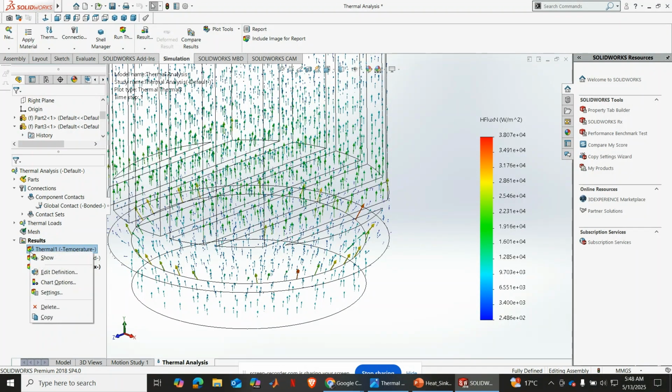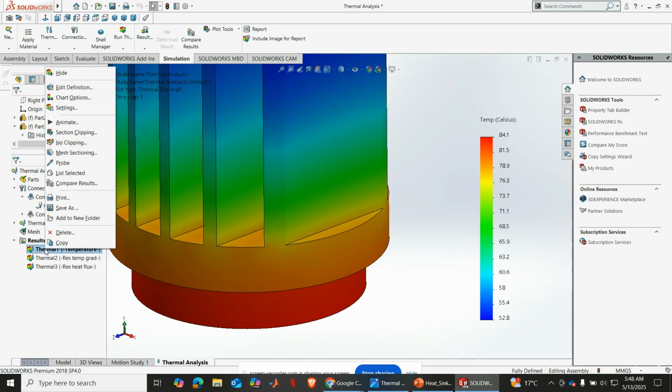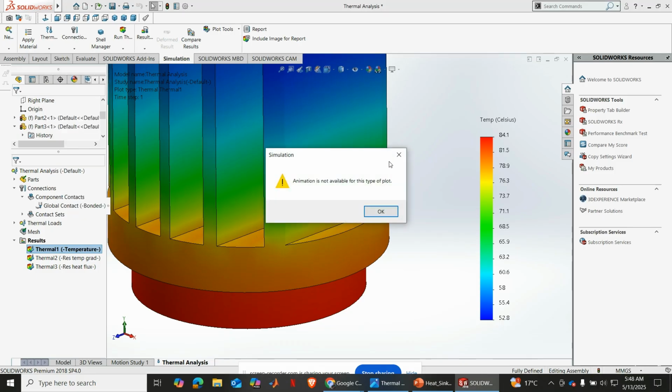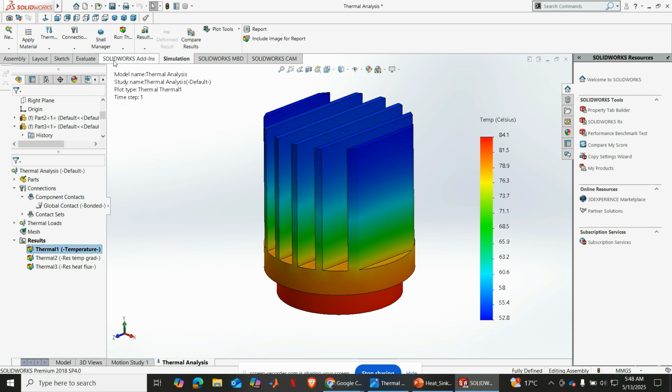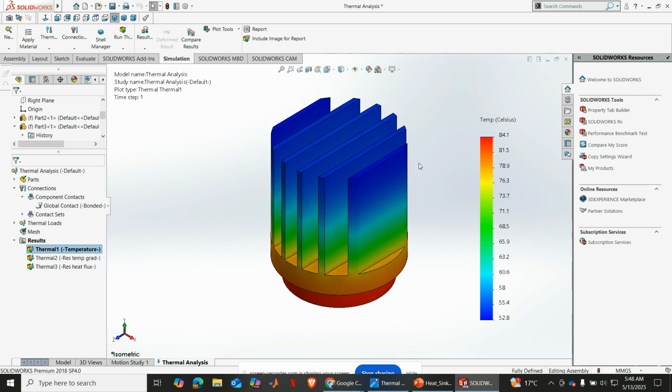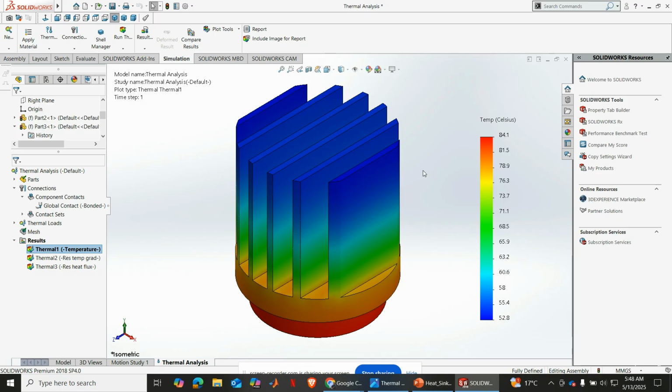Okay, so I hope you understood thermal analysis well. I think you have learned many things in thermal analysis. You can change the material, for example copper to copper, and look at the results, how temperature is distributed, the temperature gradient, and also the heat flux, heat per area, right? So yeah,